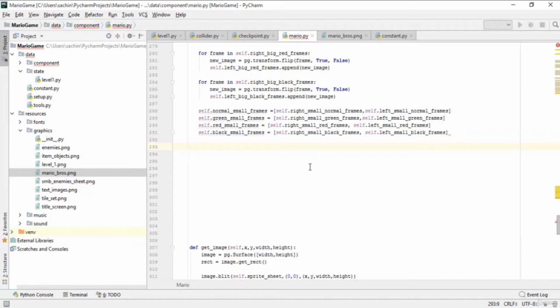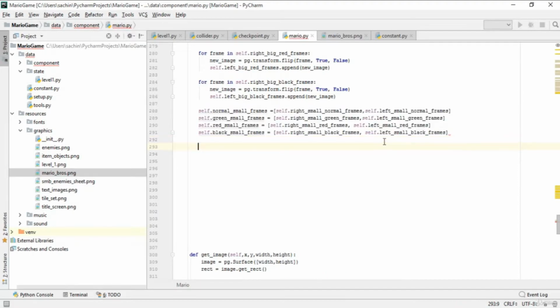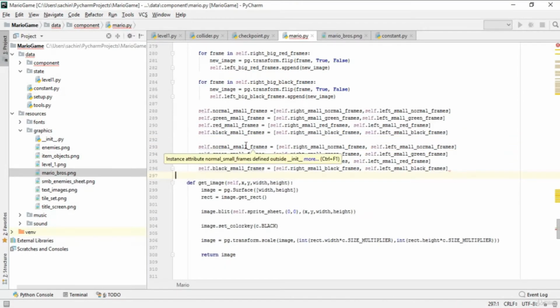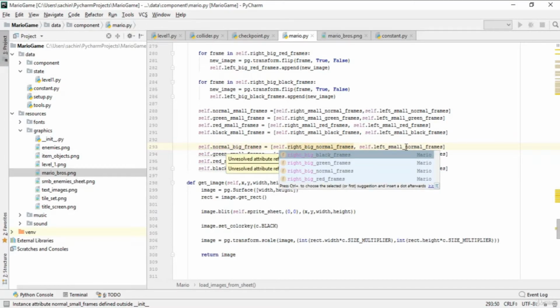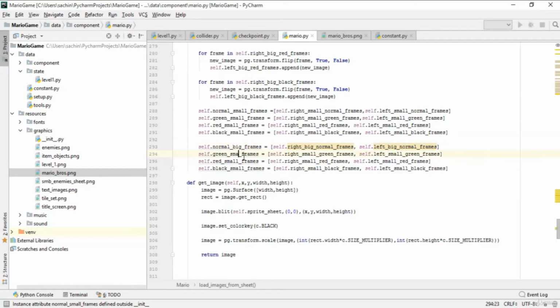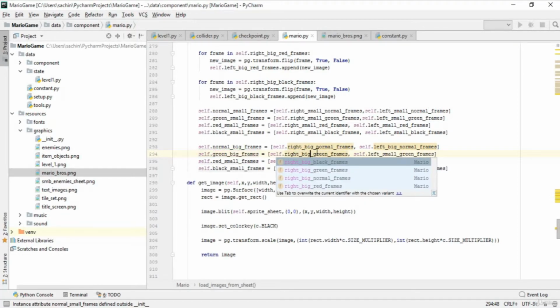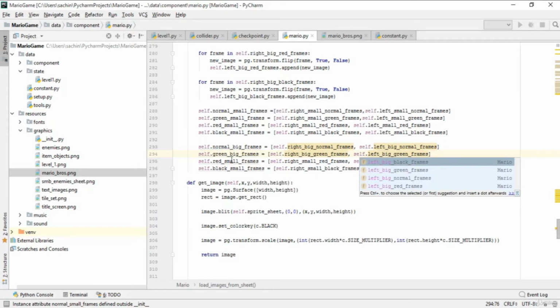Next, instead of small, you can add big here. Let me copy it and paste it for the big. Instead of small just use big here, and make it the same for the others too, just make it big here too. Let me do it quickly. I think you have got the idea: we are just creating a list which will contain the left and right position for our small and big frame,